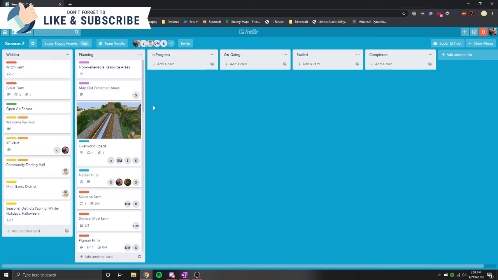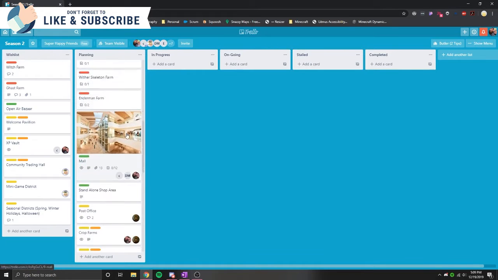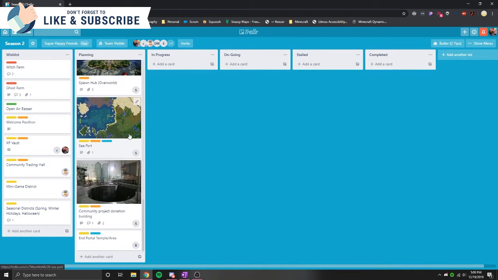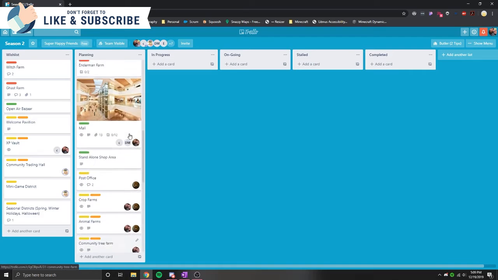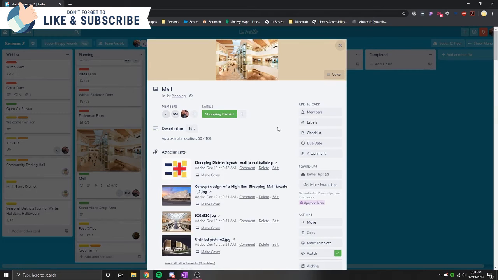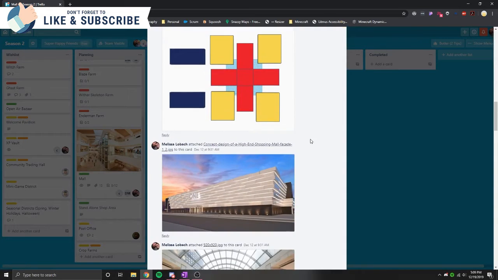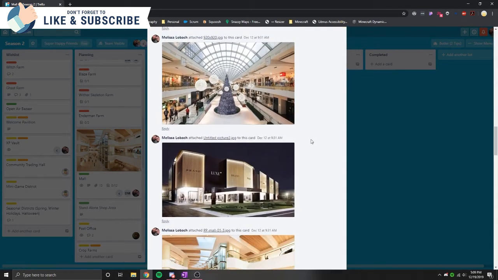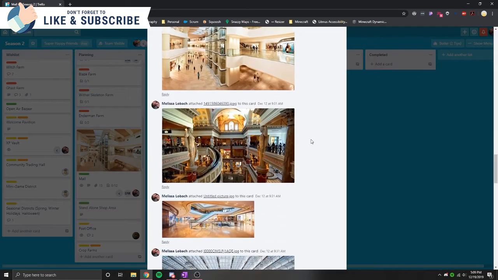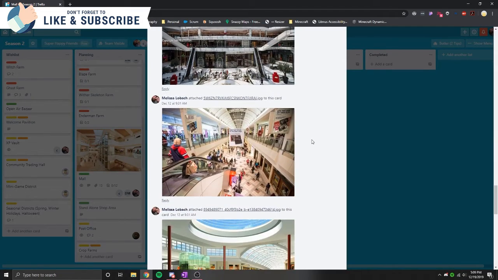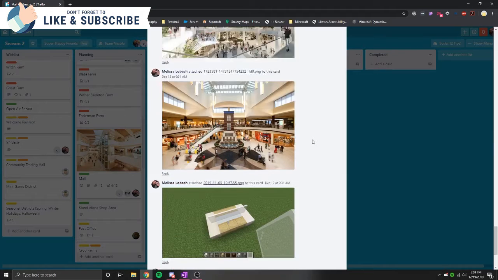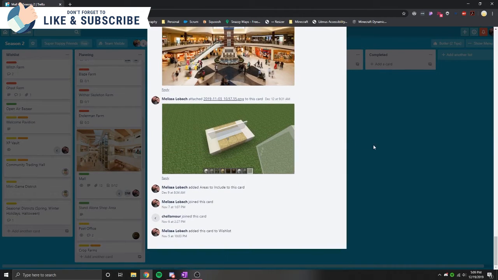The last method I use is actually a server-wide thing, which is a shared Trello board. This has cards of all the different projects that we want to do. They have labels, they have notes, checklists, any relevant photos, comments back and forth. And this helps us stay in touch with each other at any time on things that we want to do with the builds ahead of time. This makes sure that nobody duplicates any community builds and that we're all on the same page right from the beginning of the season.